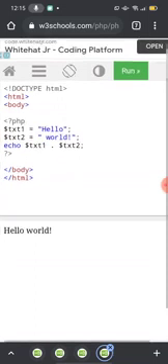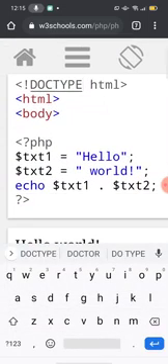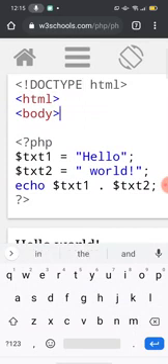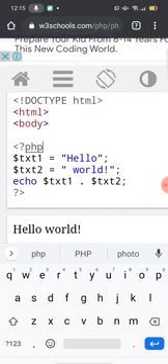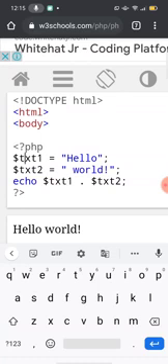The very first line is the doctype HTML, then the HTML body tag, and inside the body tag the PHP tag opens over here. In this PHP tag we have written $txt1. In this first variable $txt1 we have stored a value. Which value?